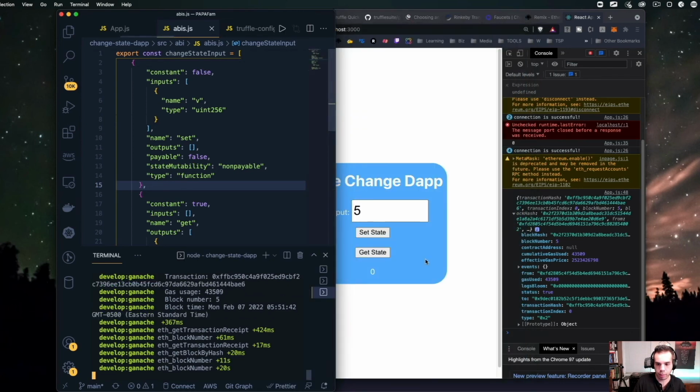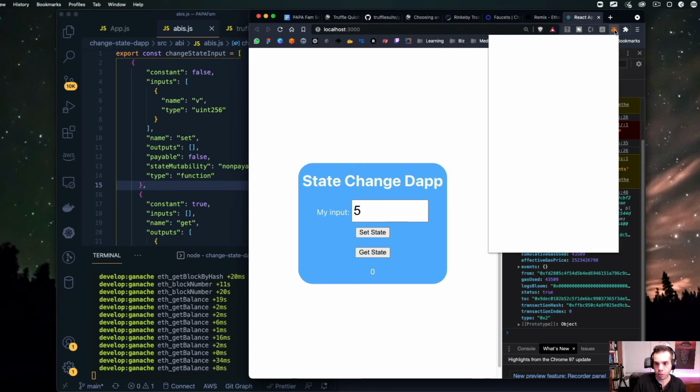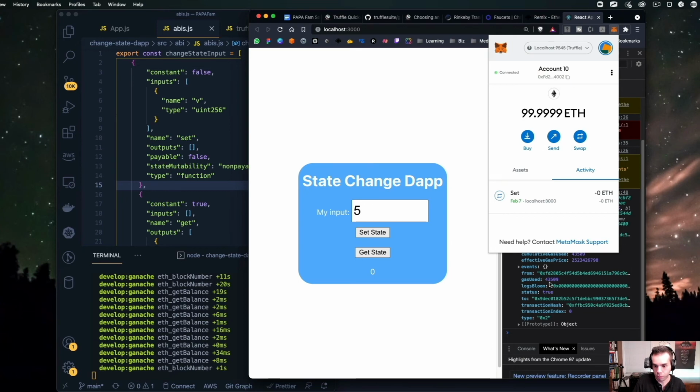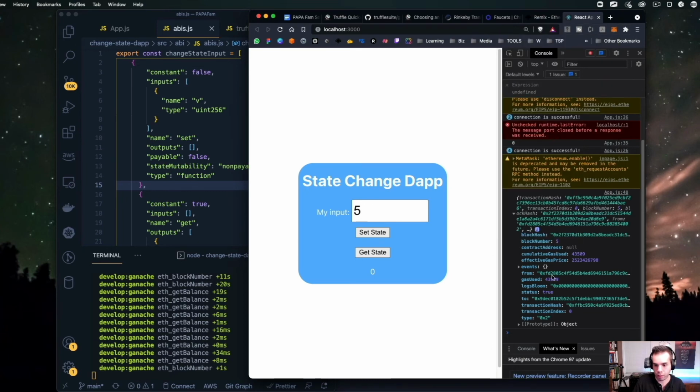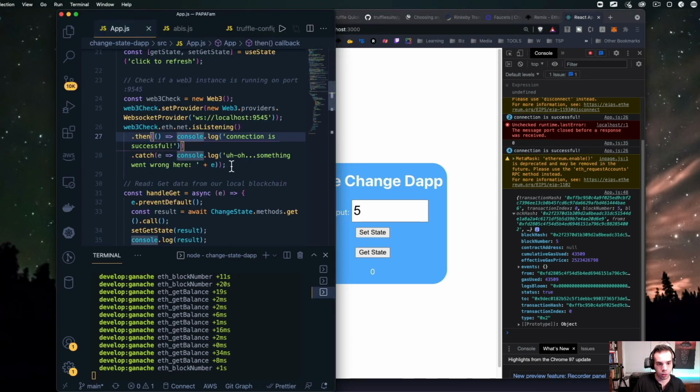So there was a transaction hash with a transaction index, block number, block hash, all of these great things, and events coming from this specific account, which is this address. You can see that it's from here. It's writing to the contract address. So you'll see that up here.